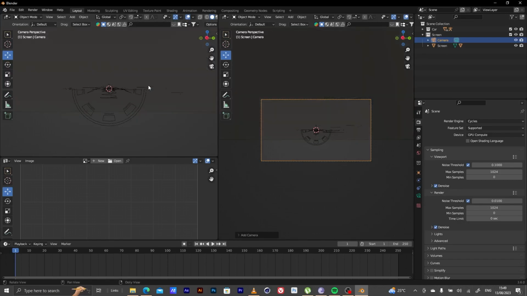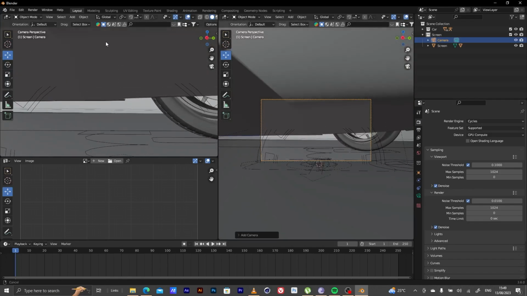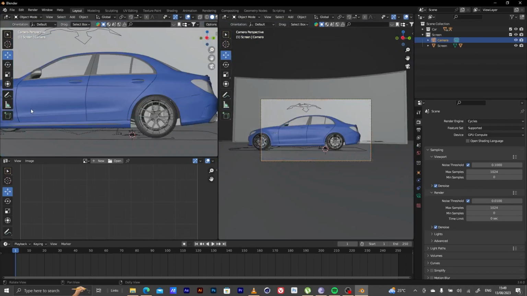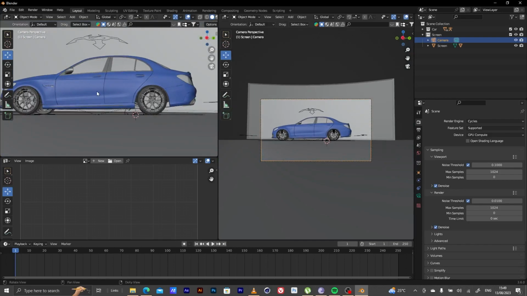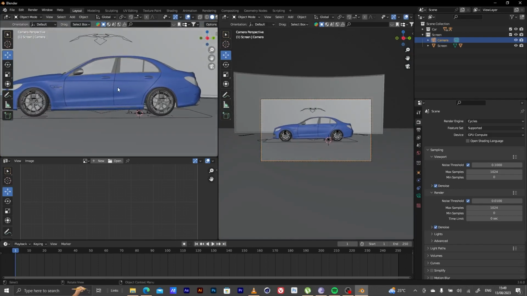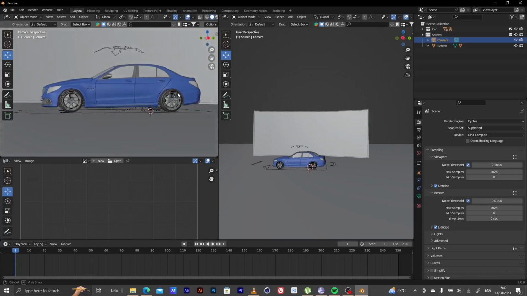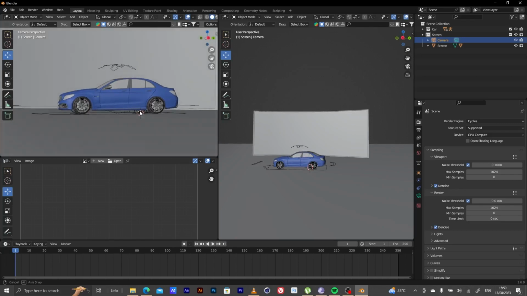Now there, if you jump out, you can see it's filling the viewport. Now you're asking me, why is it small here? Because I've not done the same here. Now from here, I'll jump out because I want to use this as my look dev side. So here I'll just frame my car,